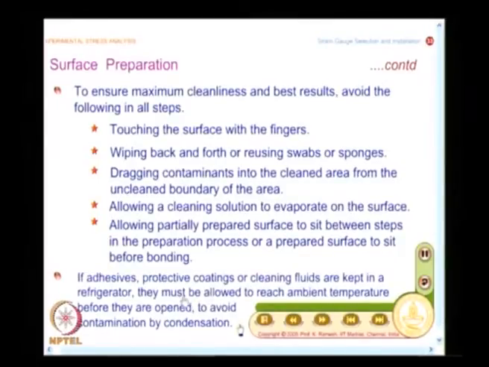When you take these fluids from the refrigerator, you should not use them directly. You should not open the lid immediately. They must be allowed to reach ambient temperature first, and only then should you open the lid, and this is necessary to avoid contamination by condensation.